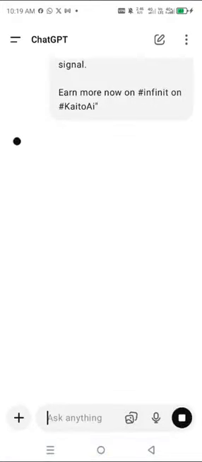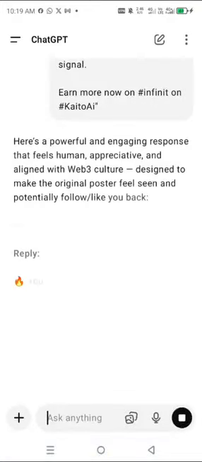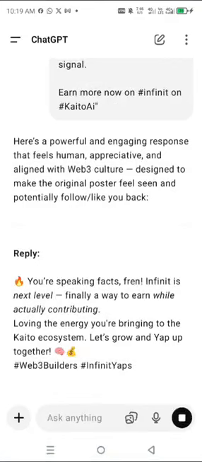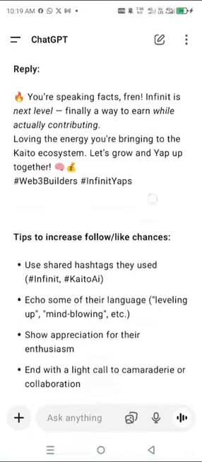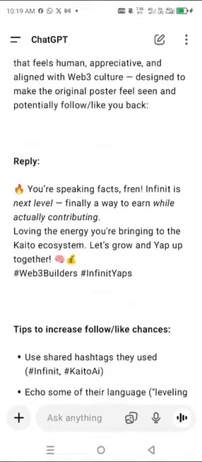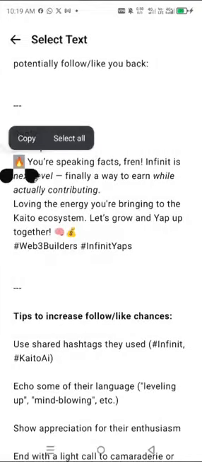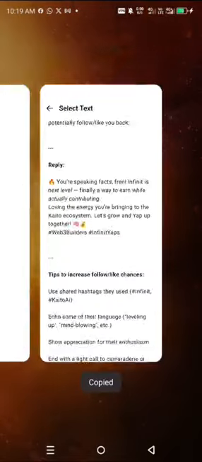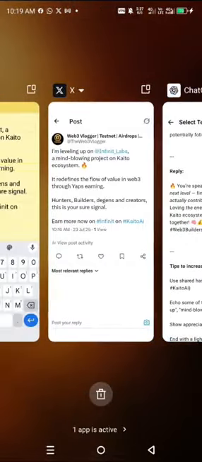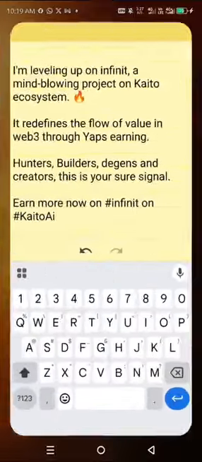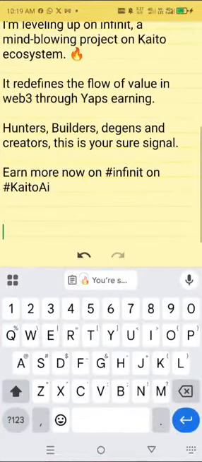That's emphasis. All right, now they will give you a response. You can see the response they gave you. All right, so this is the response. Okay, so you just go ahead and copy the response, and you can just go ahead and reply, or you can also do a little edit on it.